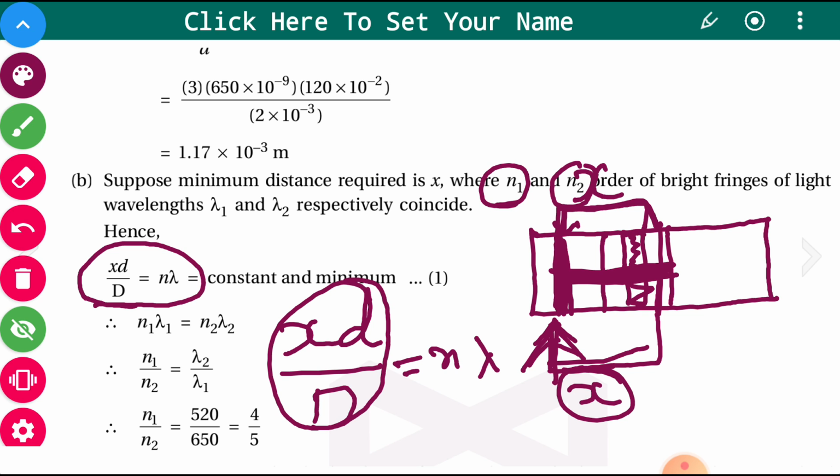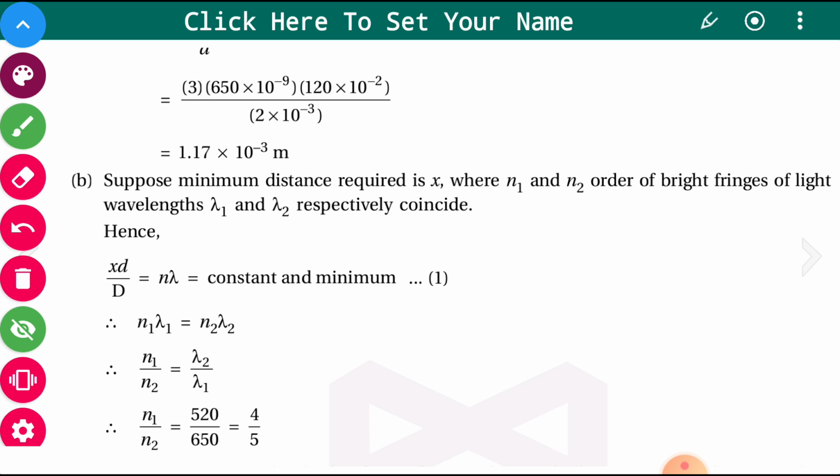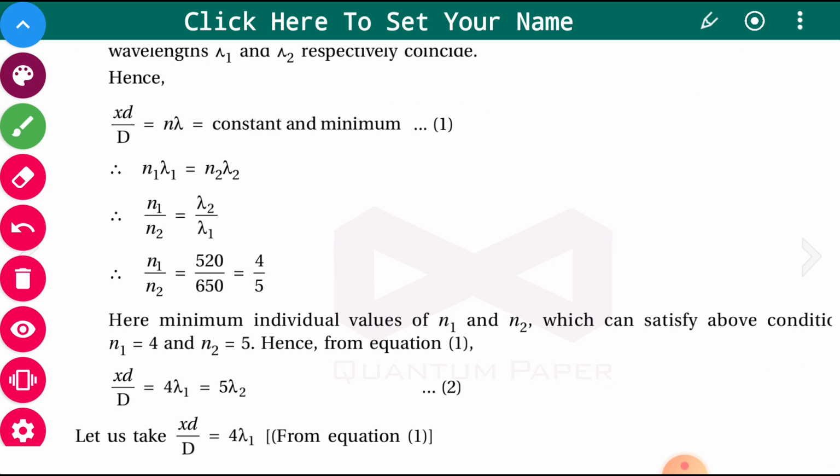Okay, because the two fringes coincide, n lambda is constant. So we can say n1 lambda 1 is equal to n2 lambda 2. Now n1 upon n2 you can find by taking lambda 2 upon lambda 1, and that can be 4 upon 5 easily. It can be obtained: 520 divided by 650. Okay. So n1 is 4, or we can say the fourth bright fringe of the first wavelength and the fifth bright fringe of the second